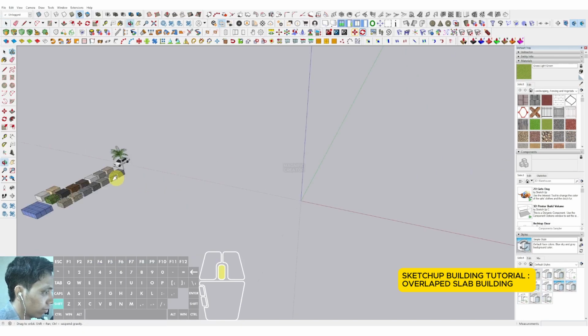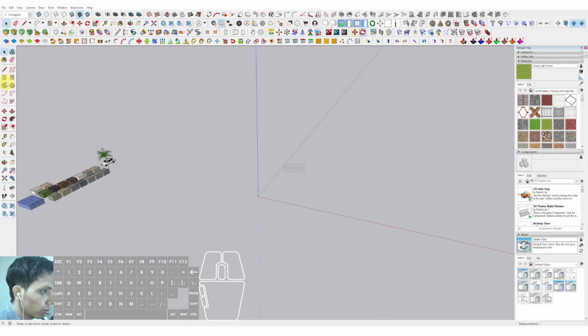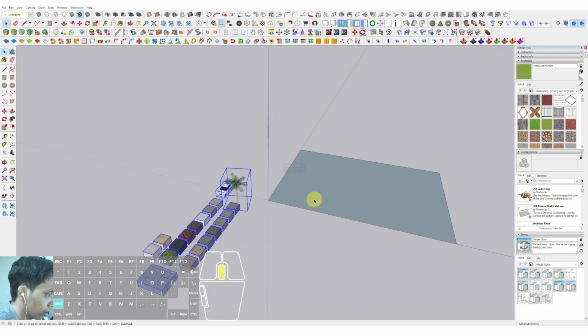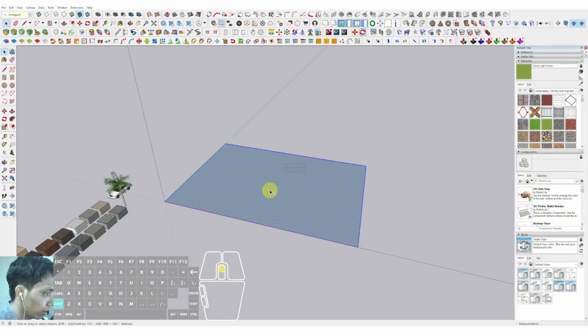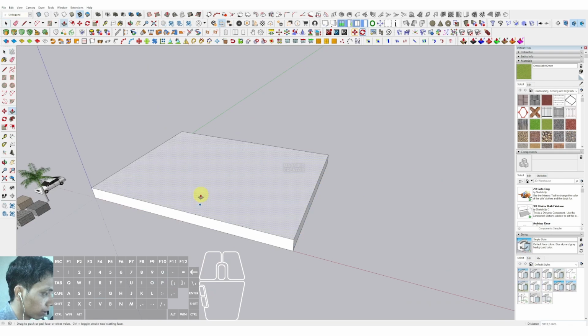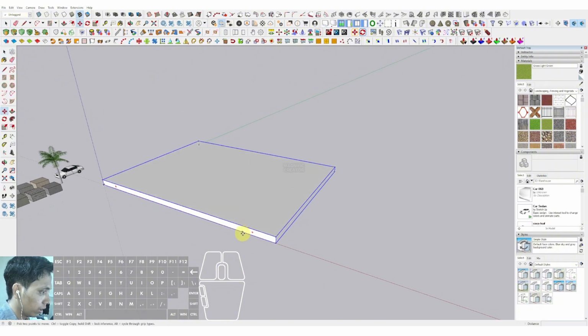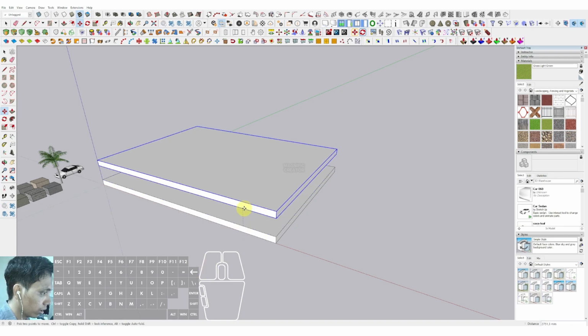Okay, first of all, we can use the rectangle in here and place the rectangle in here around 35 and 26. Okay, and I will make it more nearby with the rectangle. Then we can click this one and push it up 1000 millimeter or 1 meter, and then make group and make component, create. Then we can select move, tab control, place to the position, then we can move it up